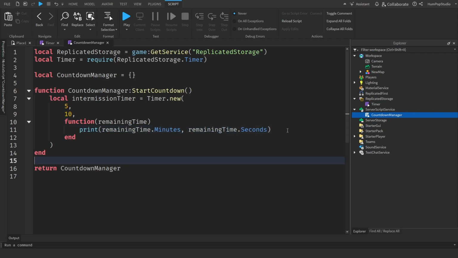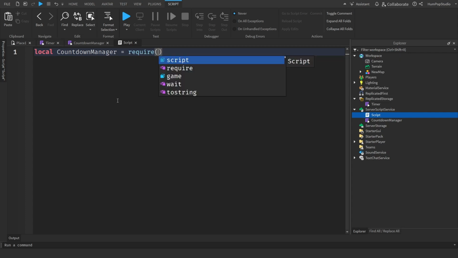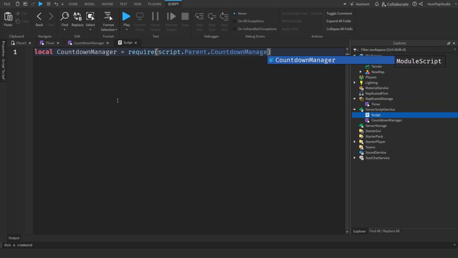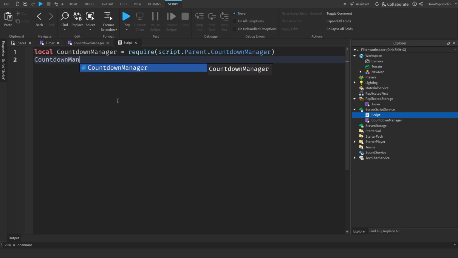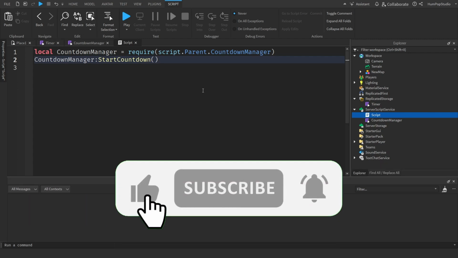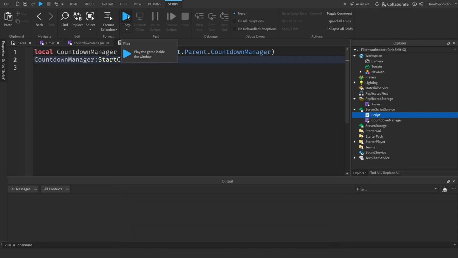Because this is a module script, I'm going to need a normal script. And from here, I'm calling a module script. I could have called the timer directly from here, but I wanted you to see what it looks like, so we can build it up stage by stage so it's easier to understand. So if I open up the output, and if I press play,